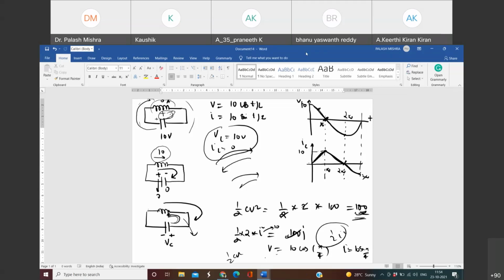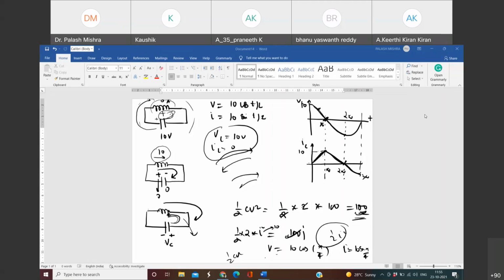Any doubt you can have, you can ask me anytime. About the initial conditions, I think this much is enough for you all to learn. Please revise the lecture which I have told you. So initial and final conditions is closed for now, and the differential equations. The only thing is to carefully write the equations of the inductor and capacitor, voltage and current, by taking the sign convention as I have told you. And then you can solve any initial value question anytime.